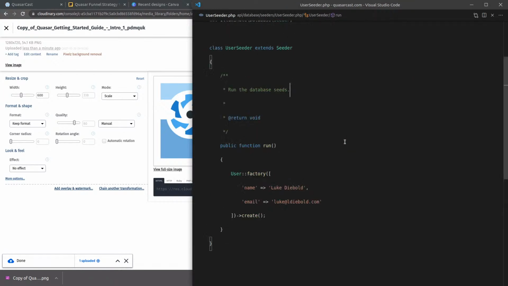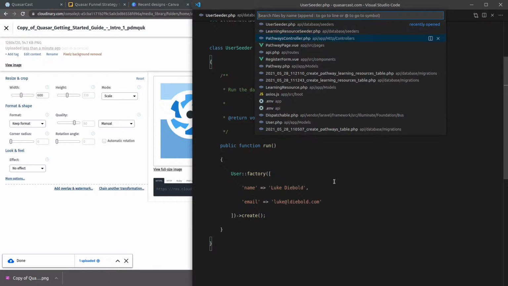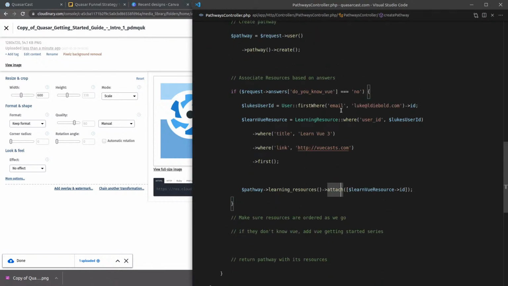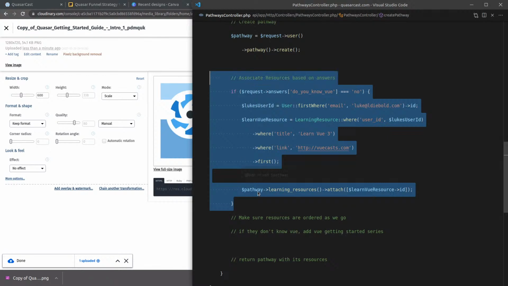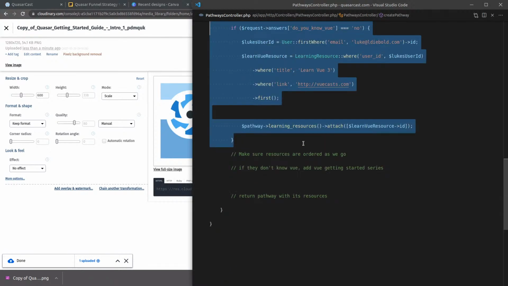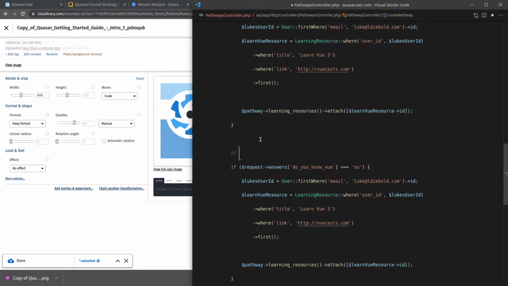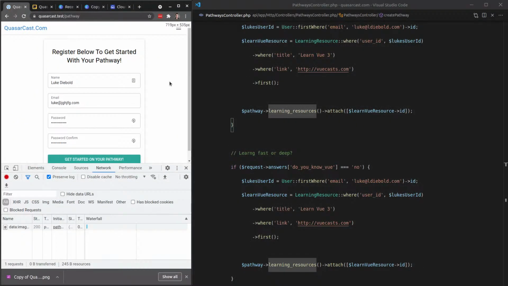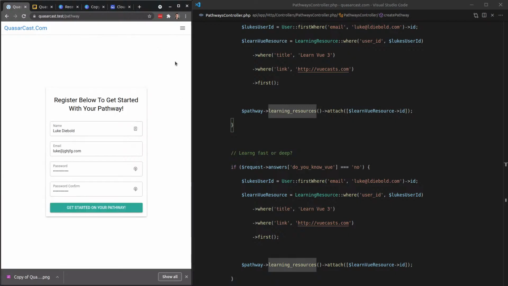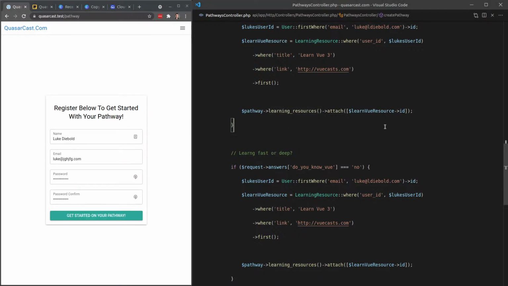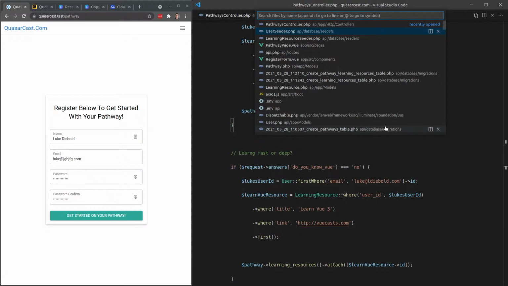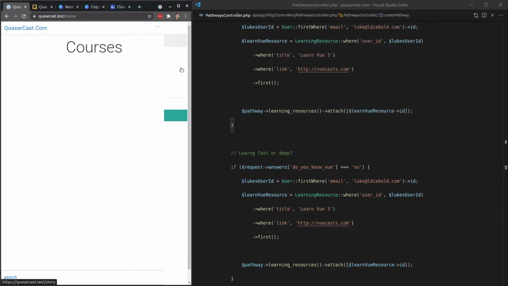That was the answer to the getting up and running fast question, wasn't it? So let's go to Pathways Controller. We're actually getting really close to finishing this. I can probably copy paste that down. This is definitely going to be extracted to its own file. This is nuts. So the answer to this question was learn fast or deep. And let's take a look at the data we get from that. And for the deep one, I'll then have my Quasar getting started guide, the one I'm currently working on for the to-do app. So, in fact, I can probably already link to that, because if I go to courses here,